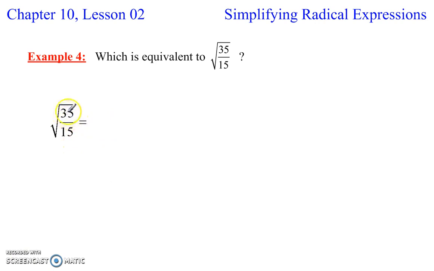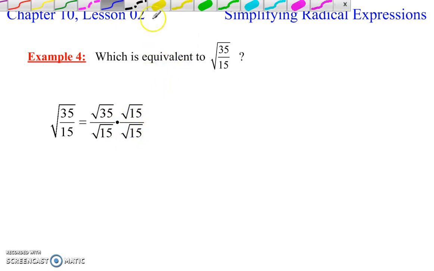And here we have 13 over 15. Now, in order to simplify this, remember, we can't have a fraction under the radical sign. We also can't have a radical expression in the denominator. So what we're going to use here is a 1 fraction, something divided by itself. I can always multiply anything by 1. This here is a 1 fraction, just like I'm multiplying this times 1. So if you multiply square root of 15 times square root of 15, you're going to get 225,